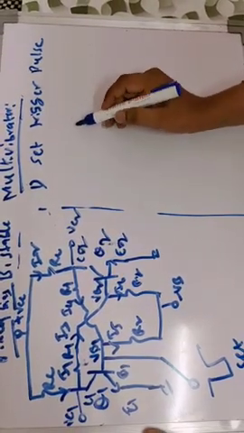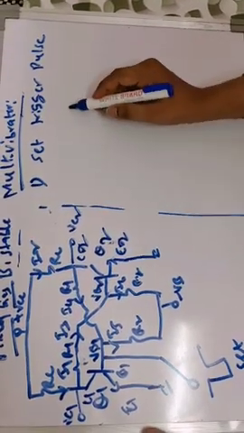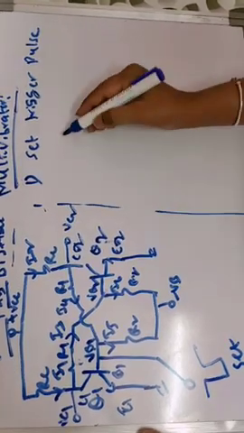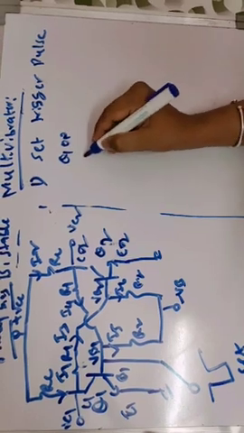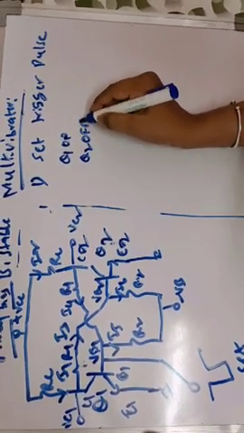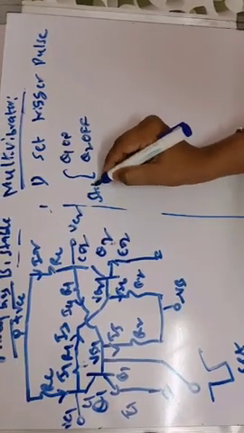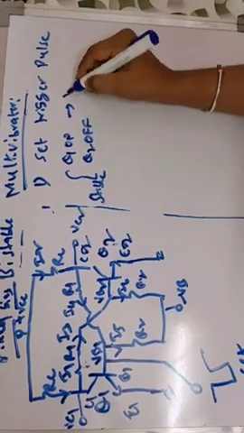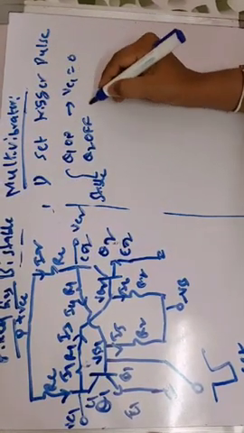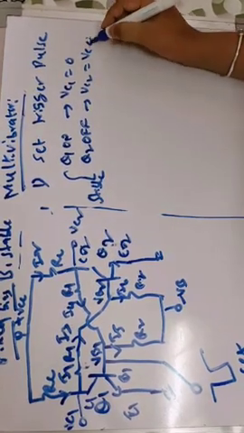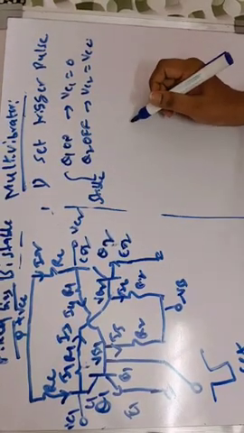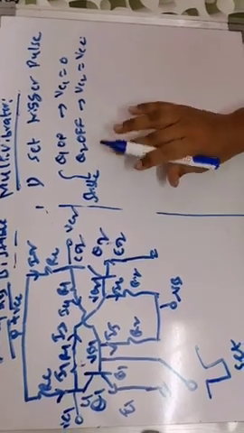So we have discussed up to this without applying any external triggering pulses. For example, what outputs did we get here? Q1 goes into on state and Q2 becomes off. This is one of the stable states of the bistable multivibrator. If Q1 is on, VC1 is equal to 0 and VC2 is equal to VCC. This is called a stable state, and if you are not applying any external triggering signal to the multivibrator, this will be the permanent state.